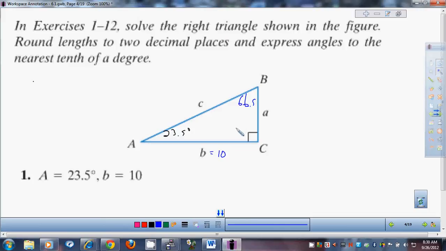Opposite and adjacent. Which trig function uses opposite and adjacent? Tangent. So tangent, 66.5. And you may want to make your notes, because I know a lot of you, when you come back and look at these, you're like, oh, wait, why did he choose that? So you might want to make a note saying, we used tangent